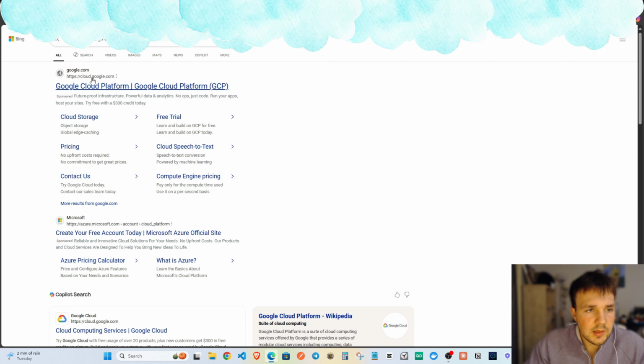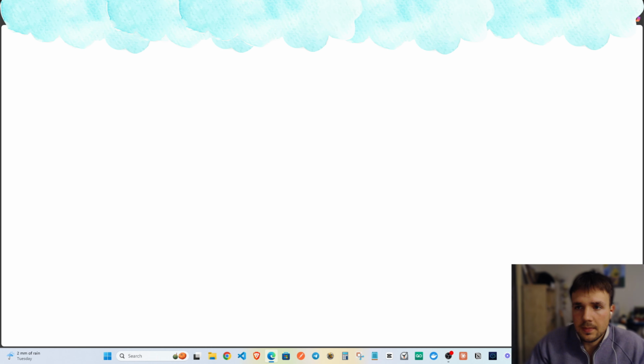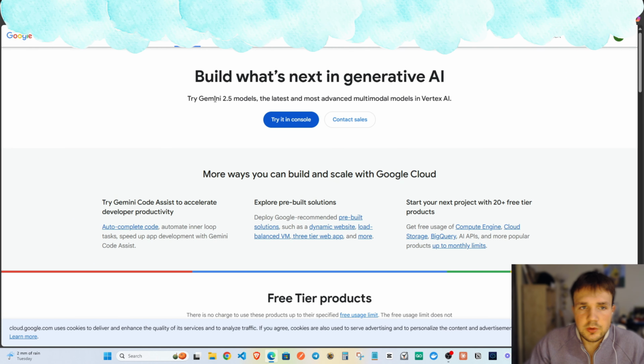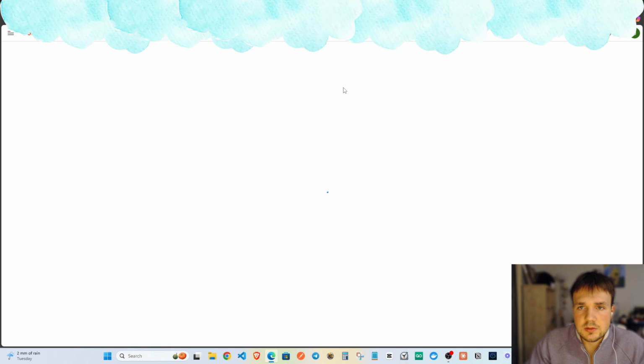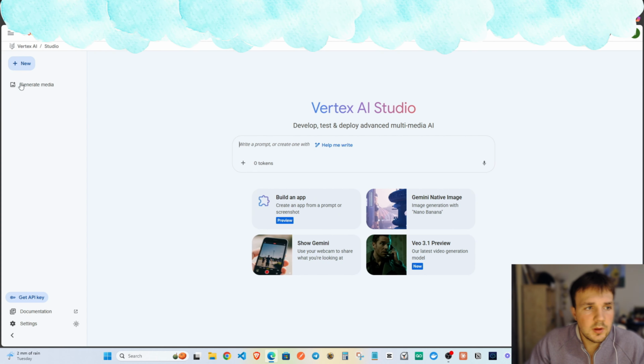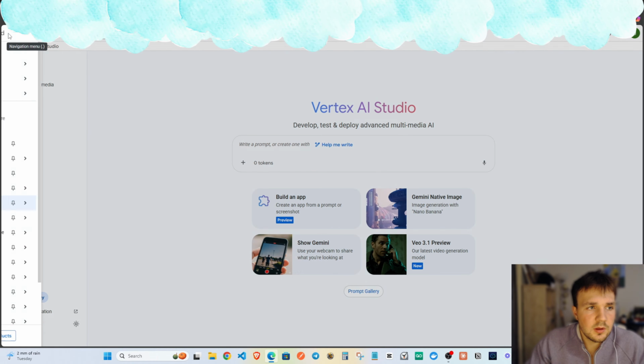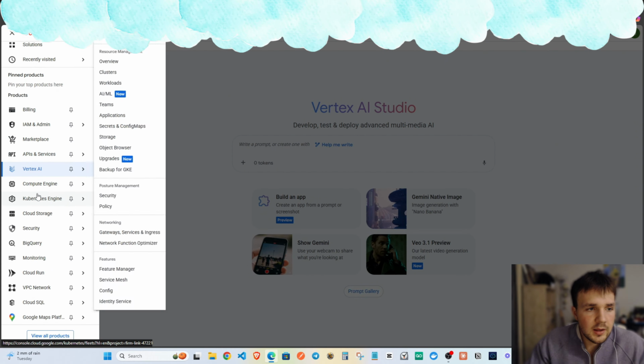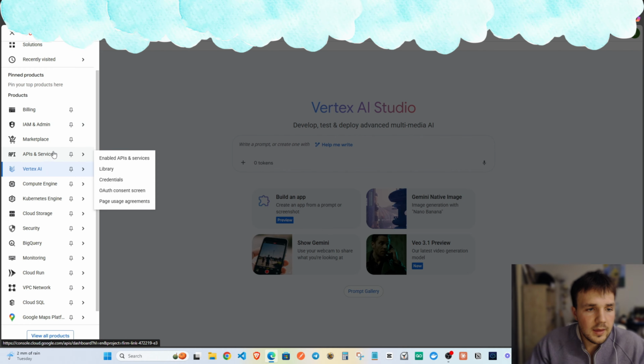Now notice cloud.google.com. You're going to be using this. As soon as you click it, you're going to go onto console, try it in console, and sign into your console. Now that you've signed into your console, you want to look for APIs and Services. Go onto credentials,